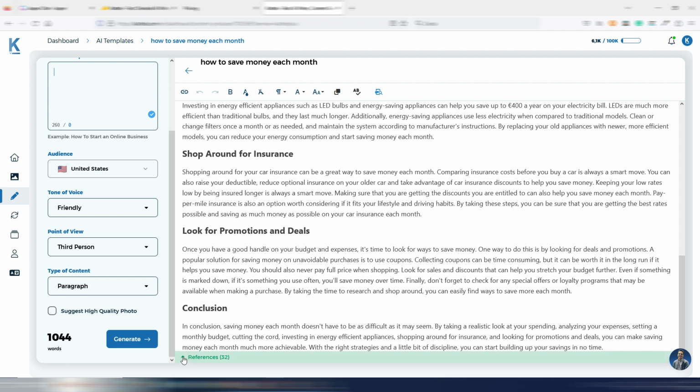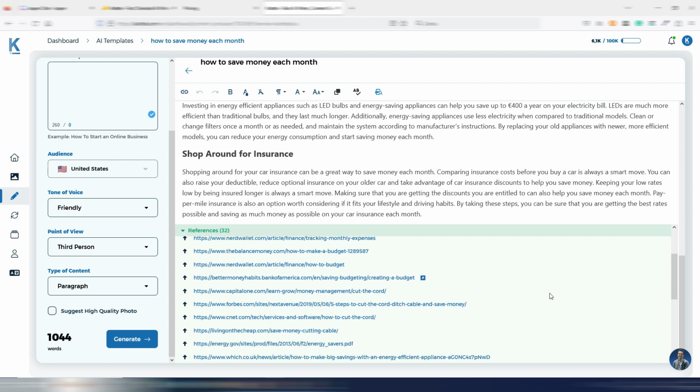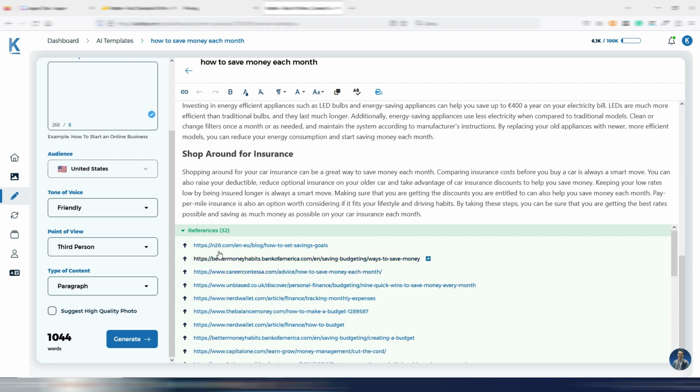This is interesting because, as you can see, you have 32 references. Everything this article writes gets data from all these sources. So you can know, and maybe insert your citations of these sources along your article. In this case, again, n26.com, bettermoneyhabits.bankofamerica.com. This is the one even Jasper was finding. careercontessa.com, unbiased.co.uk. This was my first SERP result. nerdwallet.com, and